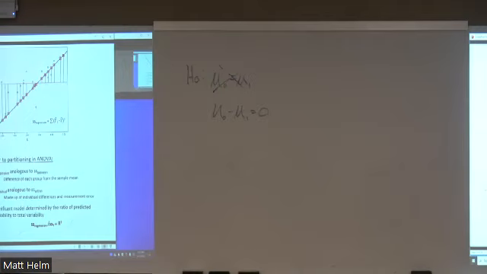Remember, the sum of squares between was telling me to what extent my groups are different from the grand mean, right? If my groups aren't different from the grand mean, then I have a small F value, right? I don't have evidence of differences across these groups. But if I have groups that are very different from the grand mean, then I have evidence of difference across my groups.